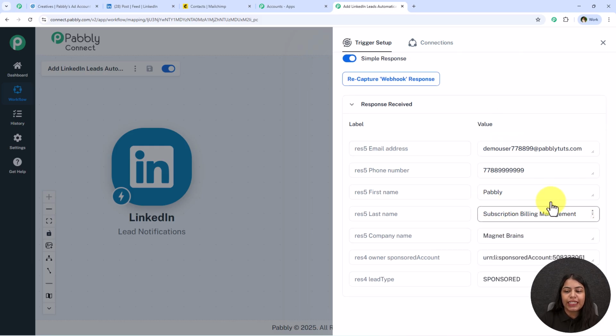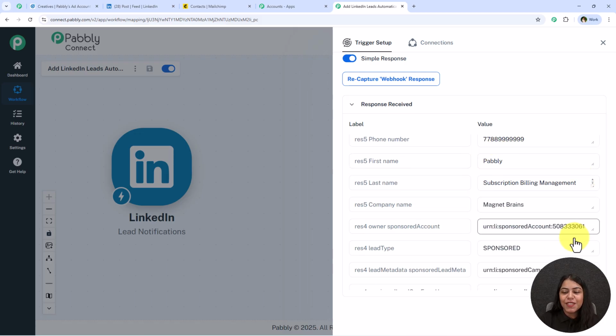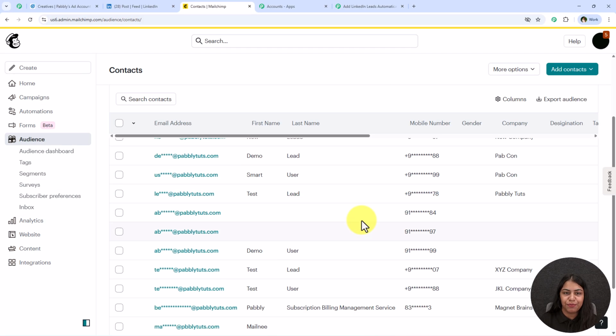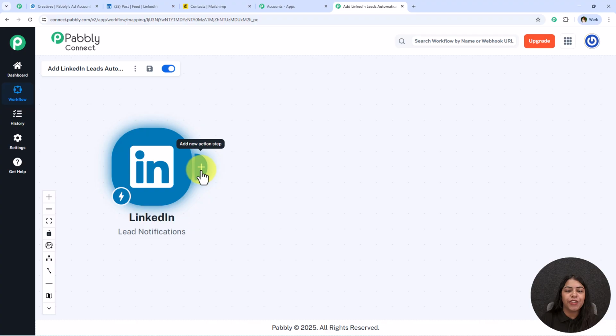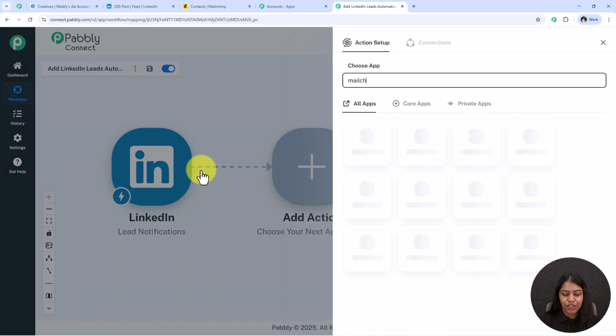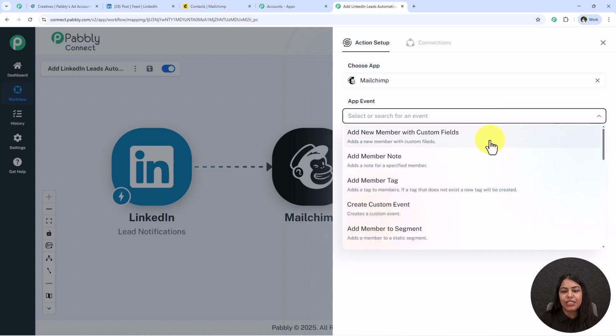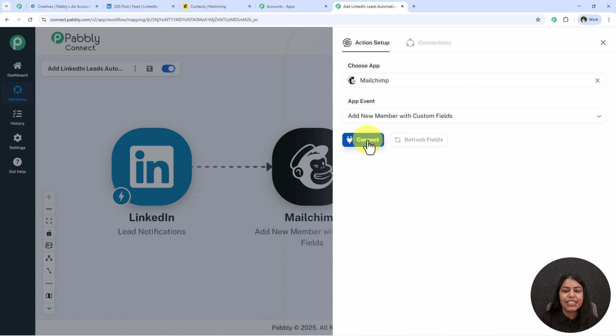You're going to see all the details. This is the first name, the last name, the company name, the phone number and the email address which we entered. And now using these details, I'm going to create a new member, or you can say a new subscriber in my Mailchimp account. So what I'm going to do is click on this add new action step, and now for the action application I'm going to search for Mailchimp and select it. For the action event we have to keep it as add new member with custom fields and click on this